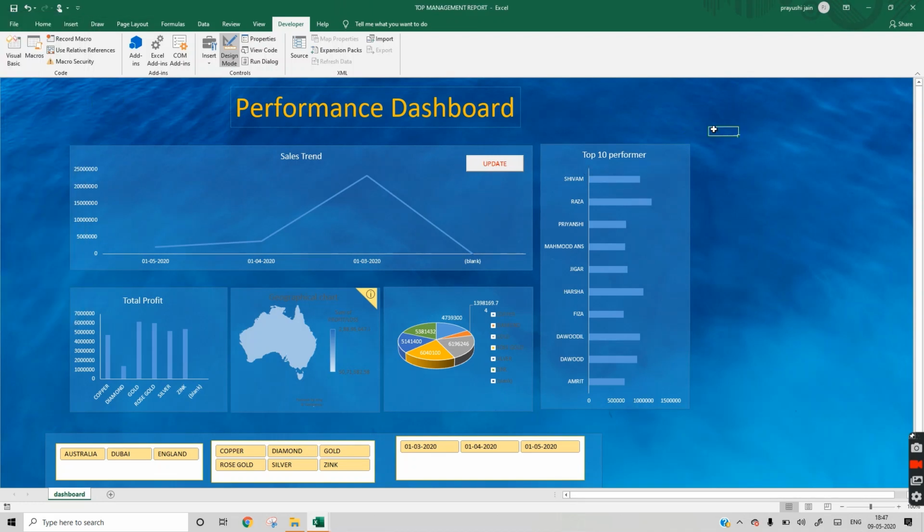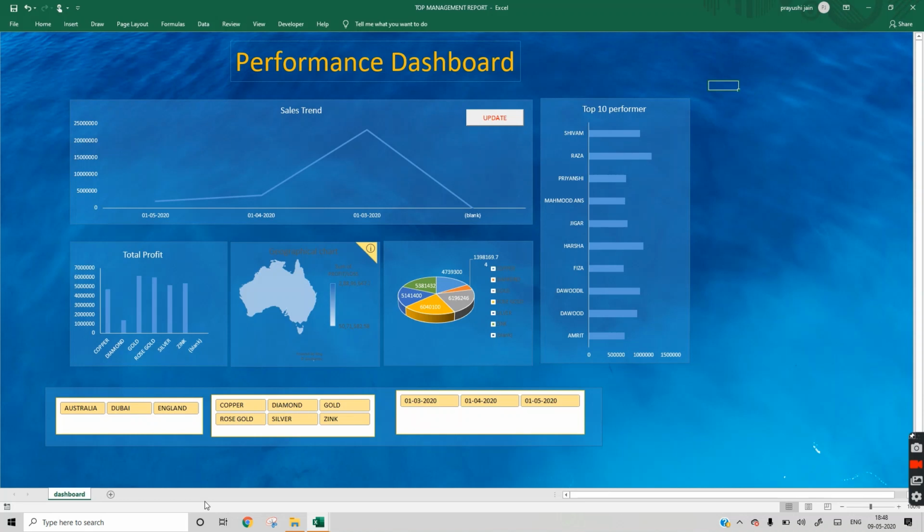Now our dashboard is ready. So whenever you press this update button, remove this design mode first.